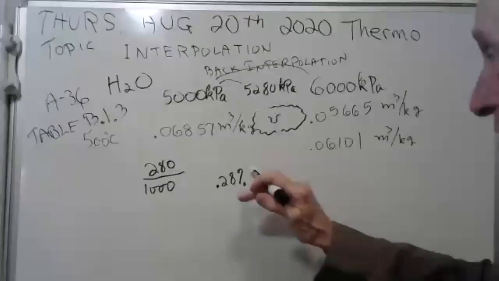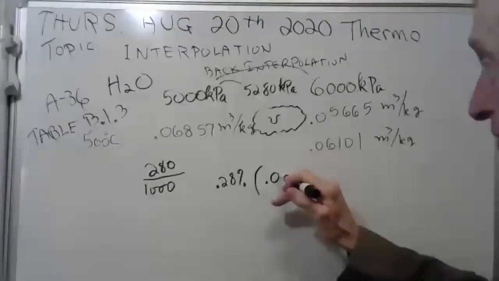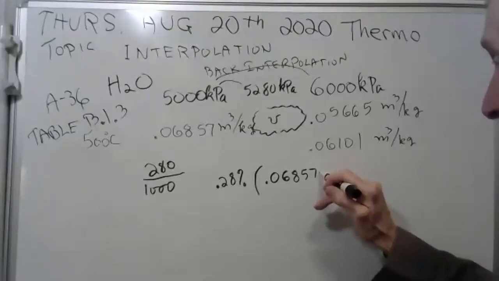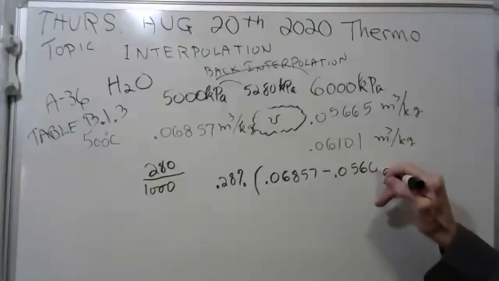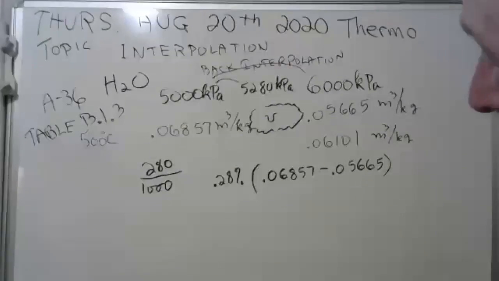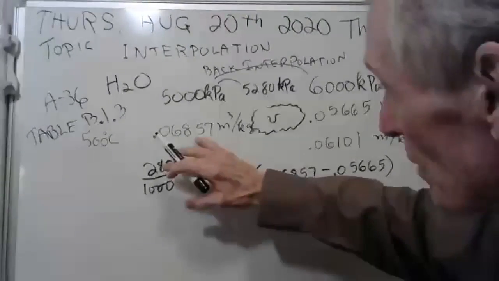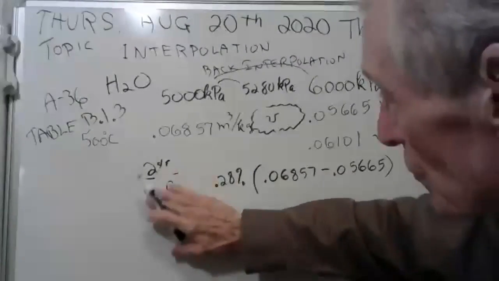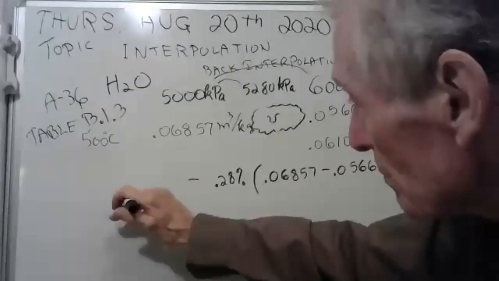So what we're going to do is take 28% of this difference here, but you're going to have to subtract it from this first one. So we're going to take and subtract that from the